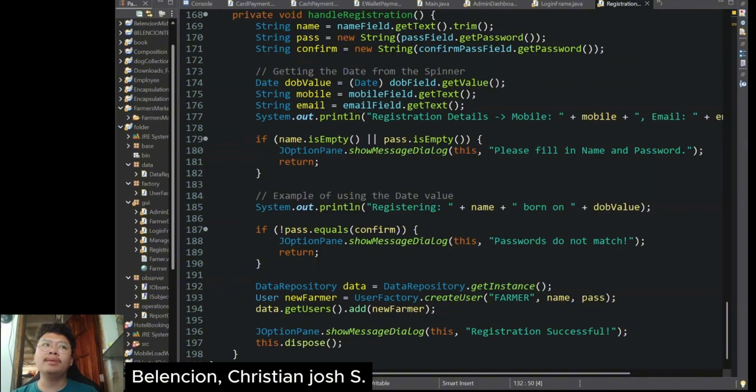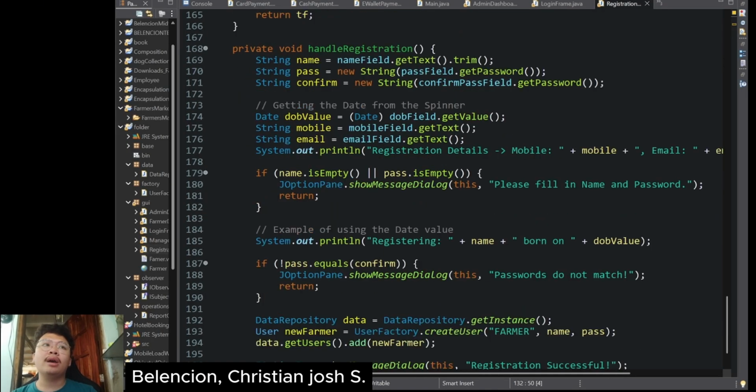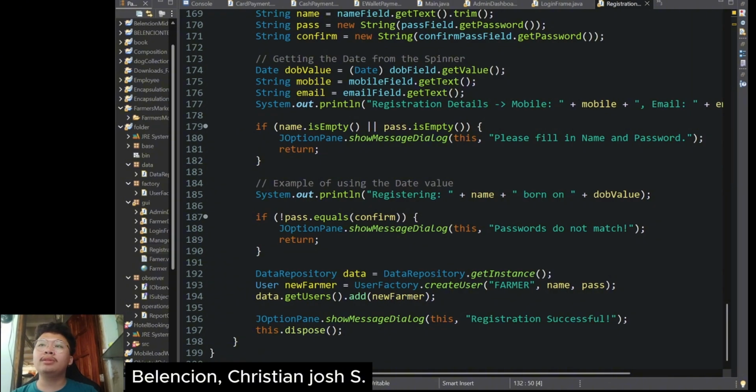These two frames work together to make sure that only registered users can access the system. That is my explanation for the login frame and the registration frame. Thank you.